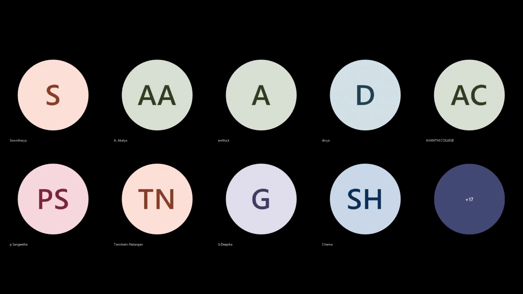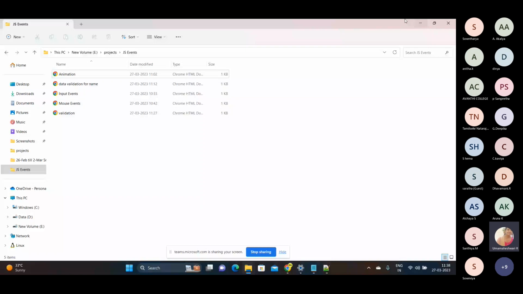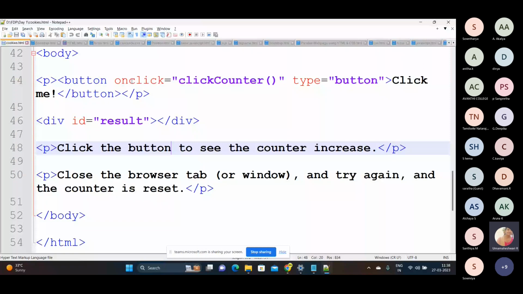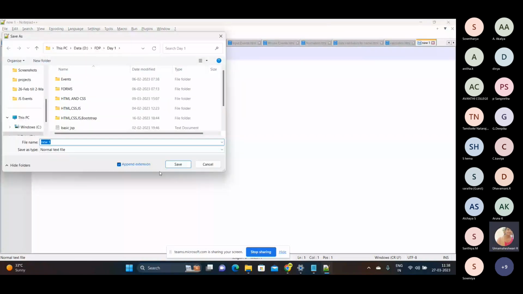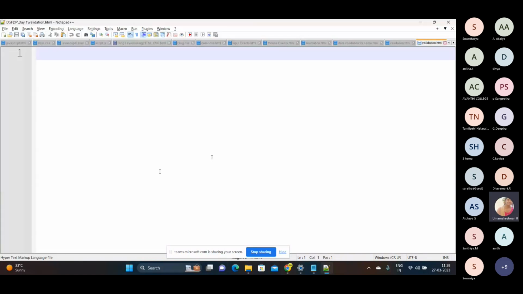Creating this JavaScript file itself, I'm going to create some 3 files. Okay, so let me create a new file, save as. I'm giving it as validation.html, and I'm going to create one more file. So I'll give a file name as